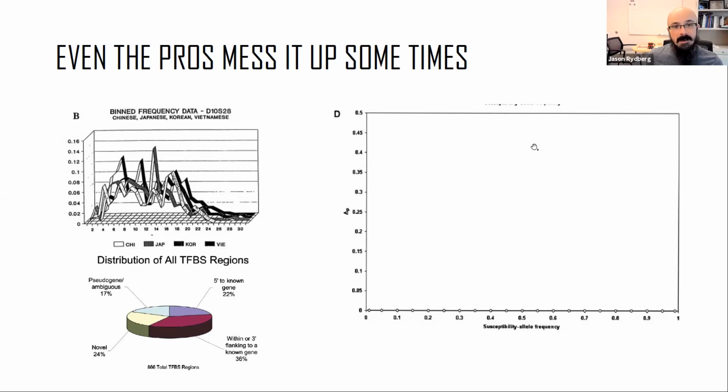So really bad. Then you could also ask yourself, hey, is any data represented in this graph right here? It might look like it's blank. The answer is there actually is data. It's all these little points down here. So why does the axis go all the way up to 0.5? Shouldn't the axis only go to a maximum of 0.05? Like, what the fuck? So anyways, even the pros screw it up,